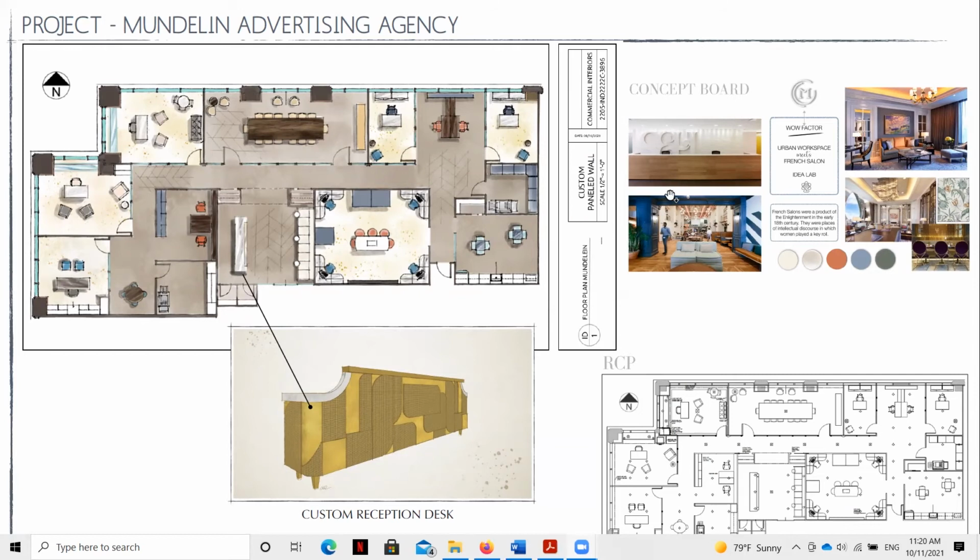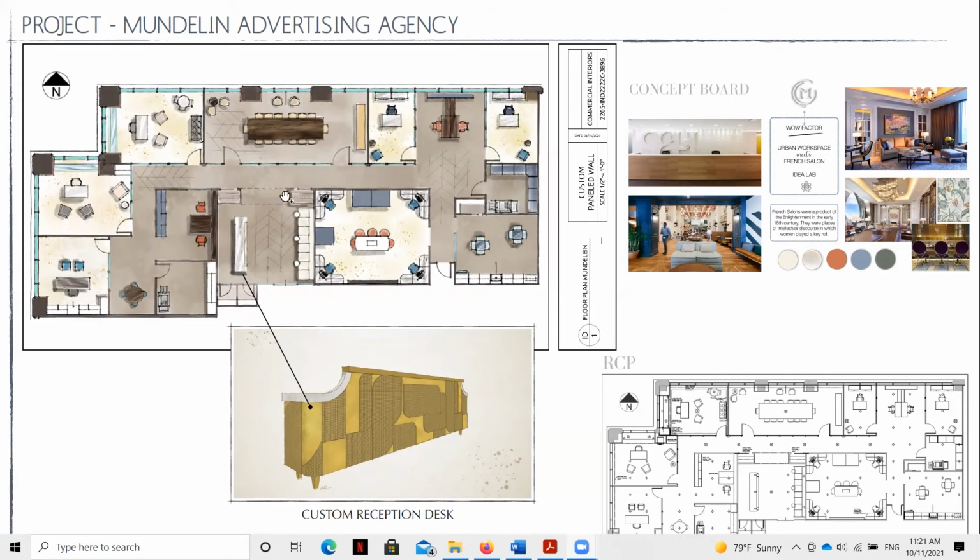In any case, you can see that the designer has taken screenshots of the old presentation, maybe that was submitted for the final grade, and then has kind of made these screenshots and reduced the size of them and placed them within a portfolio. Now, this is an effective way of doing it, but you can see here, we do have some information that's starting to not be quite in sync with what we're actually seeing, as far as we've got this tag here for this custom paneled wall on the title block, which is not, of course, what we're seeing here.